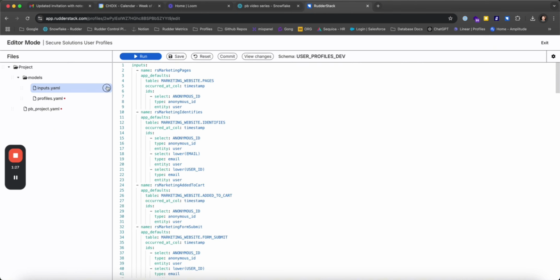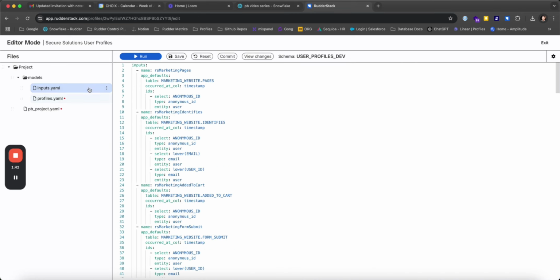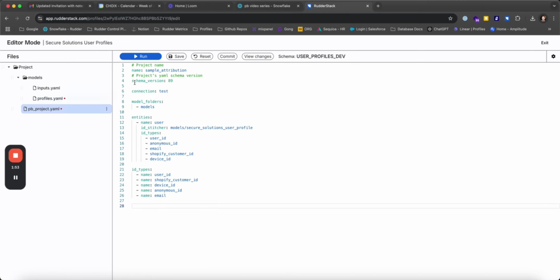Once the ID stitcher is set to incremental, it will build incrementally by using the timestamp columns you defined within your input definitions, which will drastically reduce the processing time. Another thing I want to note here is the environment changes that could trigger another full rebuild. If any of the ID stitcher's dependencies are updated, such as an input definition that feeds the ID stitcher, this will trigger a full rebuild. A full rebuild is also triggered if you modify any ID type filters or if you upgrade profiles and migrate